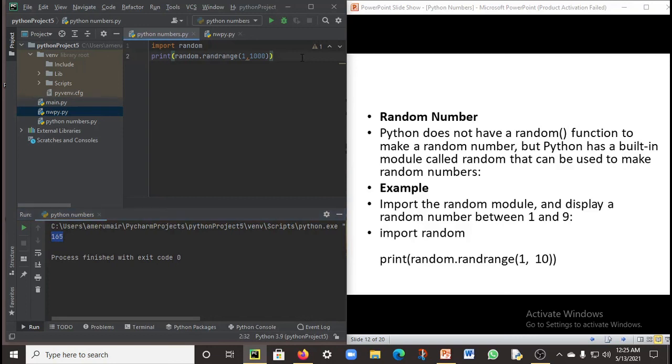Now each time I run this code, Python is going to give me a new output. I've got 142 now. Now Alt plus Shift plus F10. Let me execute this. I've got 504. Alt plus Shift plus F10. I have got 34. So Python keeps giving me a new random number each time I execute this code.